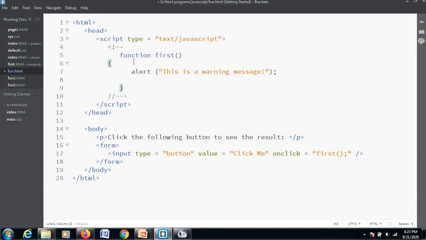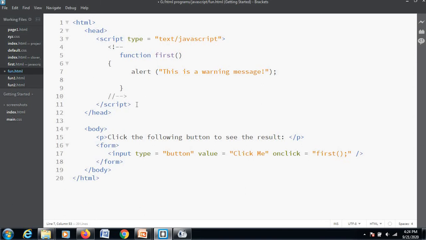Within this function I'll write alert, and within alert I'll write a message: this is a warning message, and a semicolon. Here the semicolon denotes the end of this particular statement. If you want to include multiple statements in a function, then the semicolon shows that a particular statement has ended, then you can start another statement.